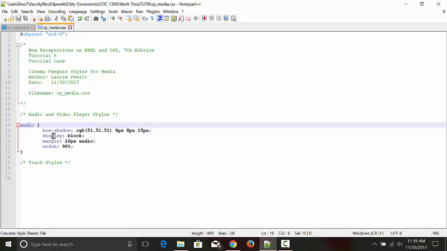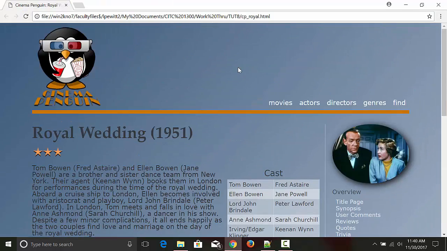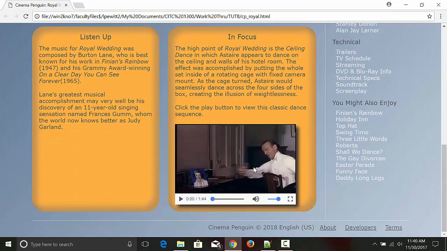cp_media.css, and remember from 8.1 we added the style for audio. We want to apply the same style to the video, so all I have to do is come behind audio and put in a comma and type in video. So it should be applied to both. Alright, so I'm going to save this. I'm going to open it in my browser and I'm going to refresh. Okay, and I should have a